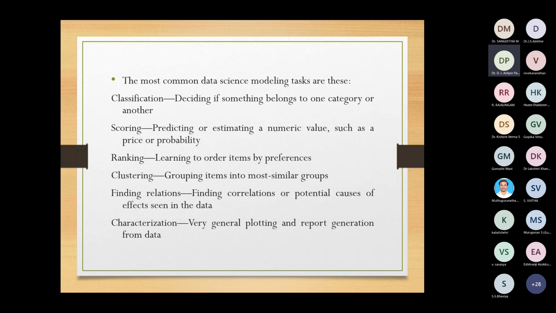So the loan application problem is a classification problem. One example I'll tell you: it is a classification problem because you have to identify the loan applicants who are likely to default. Default means the loan that cannot be paid. And here you can use three common approaches like logistic regression, naive Bayes classifier, and decision trees. For this kind of problem, you have to do classification, because you have to classify whether it comes under default or not default. So you can go with logistic regression, naive Bayes classifier, or decision trees.